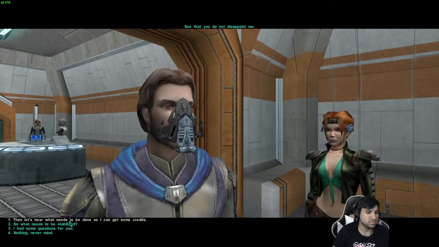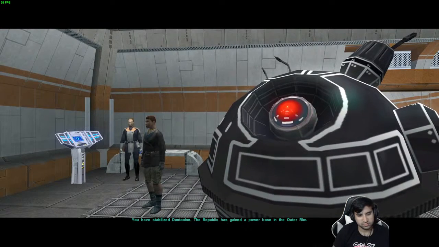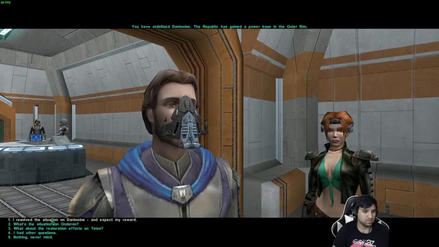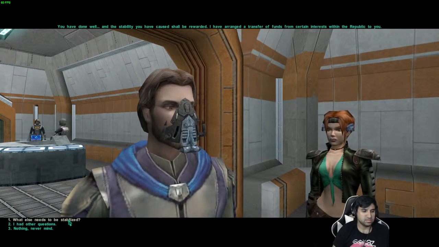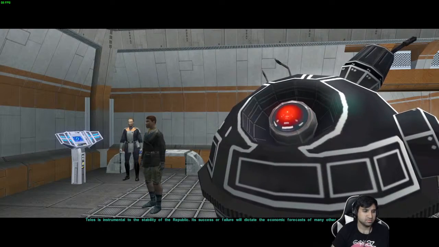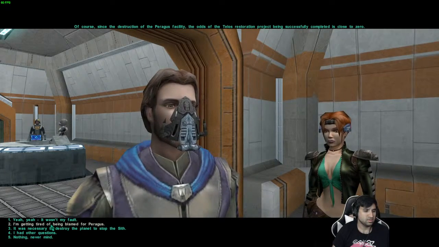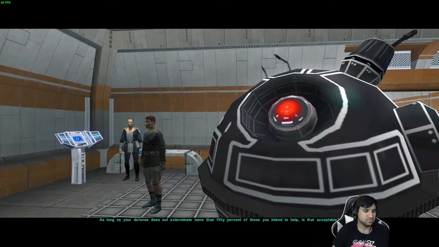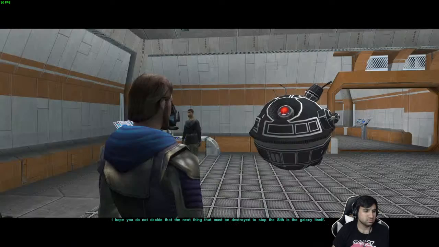Well, then let's hear what needs to be done so I can get some credits. Okay, tell me about Dantooine. You have stabilized Dantooine. The Republic has gained a power base in the Outer Rim. And I expect my reward. You have done well, and the stability. What else needs to be stabilized? There is the stabilization of... Restoration efforts on Telos? Telos is instrumental to the stability of the... Of course, since the destruction... I hope perhaps as long...